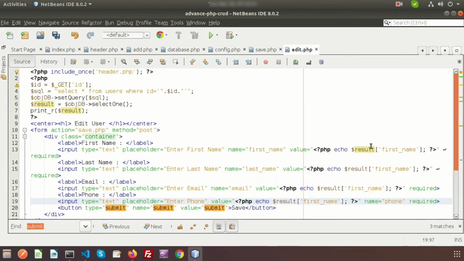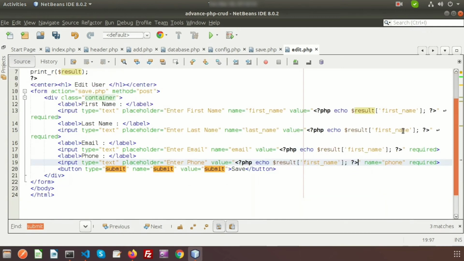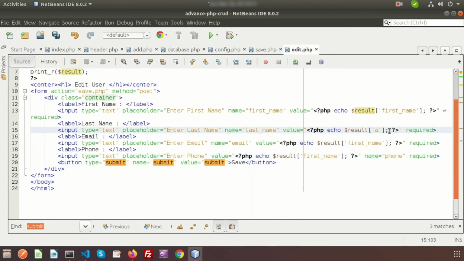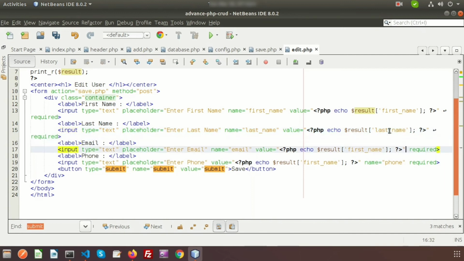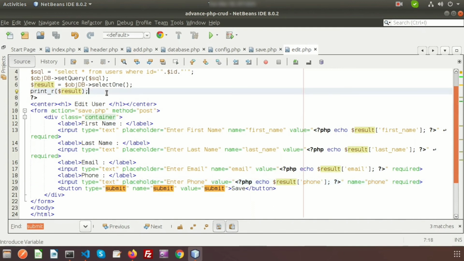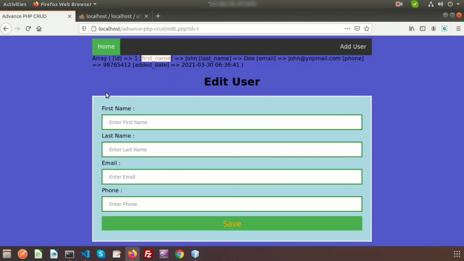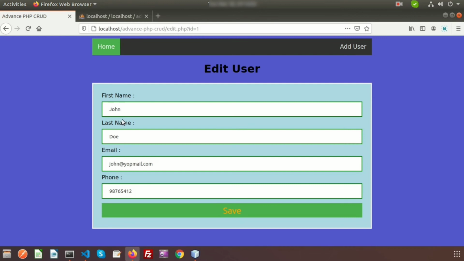Okay, and change the value, that is the last name and email here and phone here. Okay, so now I am stopping the printer section. So now just go to the refresh. So here we can see the exactly same data is populating which is inside the database, and we need to